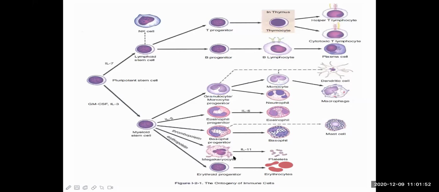This megakaryocyte will develop into platelet, and erythroid progenitor develops into erythrocyte. Now we have all other types of cell apart from natural killer cell, T lymphocyte and B lymphocyte. All others are developing from a myeloid series. This is a very important knowledge for you. Never forget. That's why if a myeloid series is having problem, then we are having